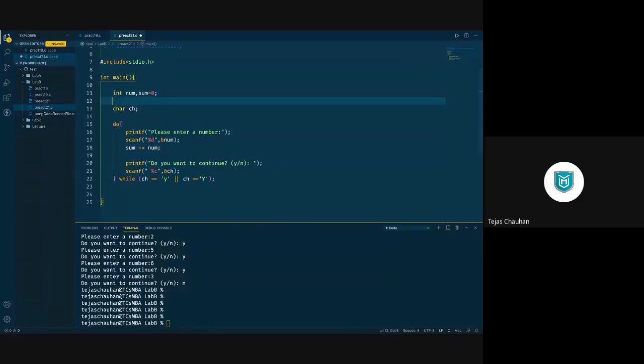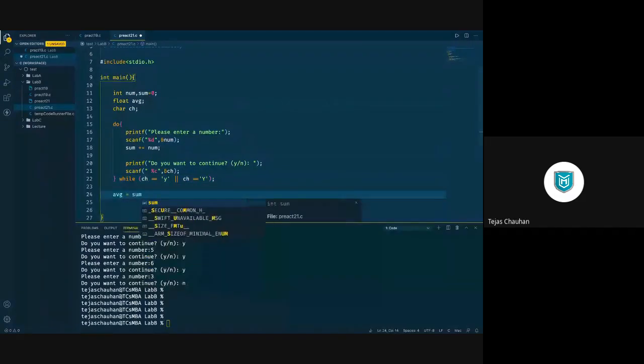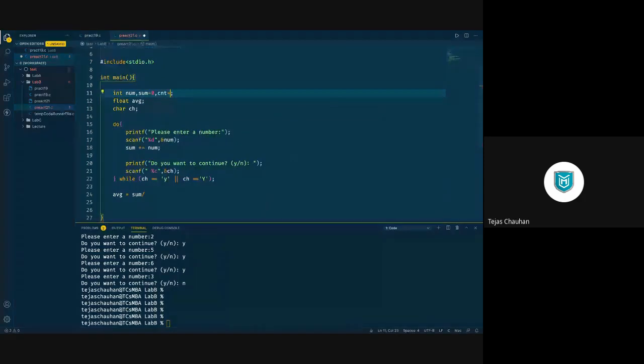And to have the average, let us have a float variable avg, so that once all the numbers are done, we can calculate the average by sum divided by the total number of numbers given by the user. So here we need one more count, how many numbers the user has given in total. So for that we can have one more, let's say cnt, counter, initialize it with 0. Look, cnt is just a counter.